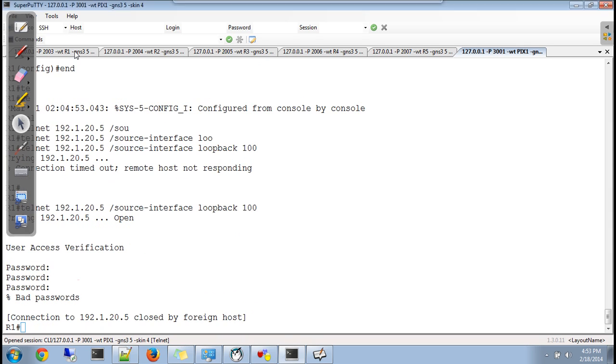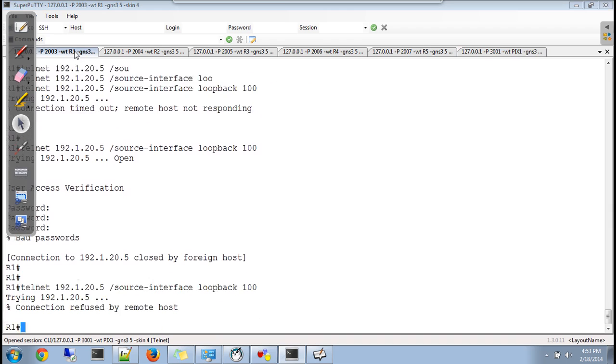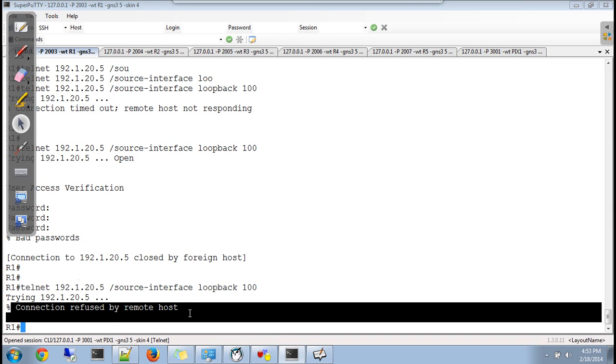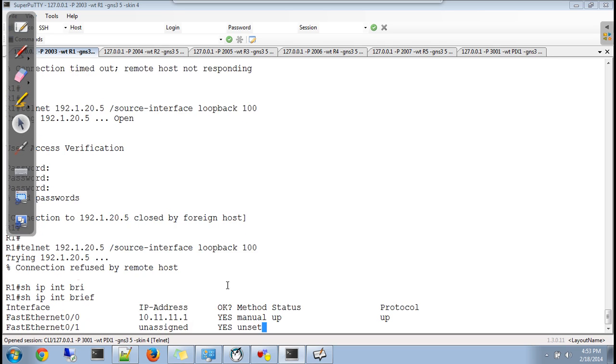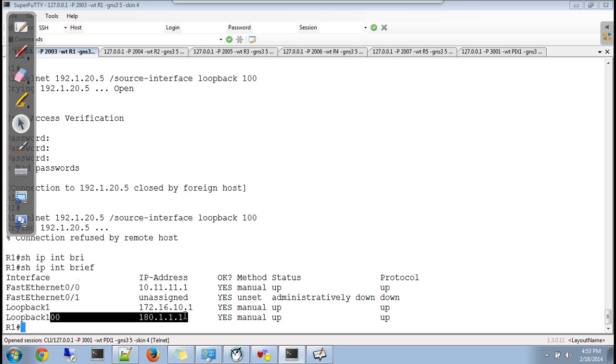At this time if I try to go out, connection refused, for the reason that though the loopback 100 is a public address, still it cannot go out because the NAT control feature is enabled